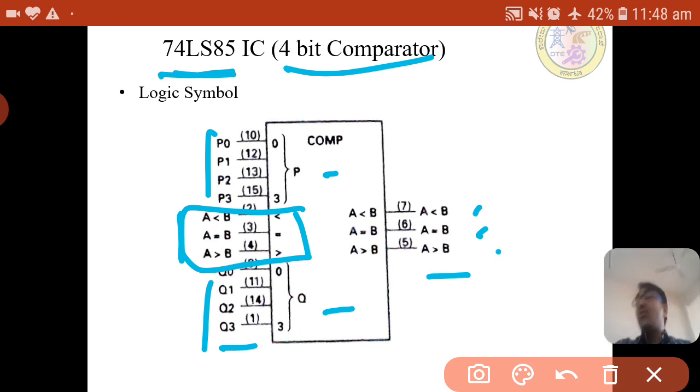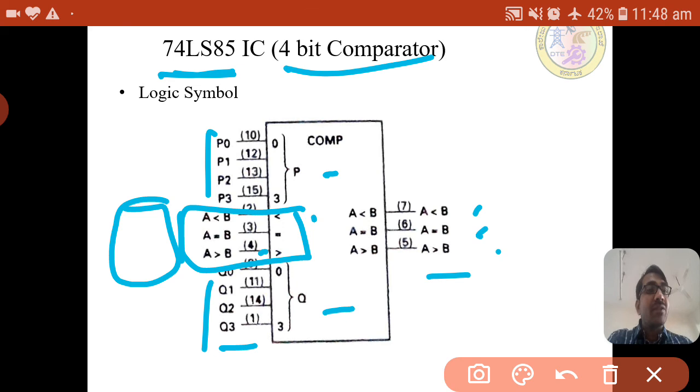Suppose you want to build an 8-bit or 16-bit comparator using these ICs; the previous IC's output can be connected to these inputs. If it is not there, we can take it as 0 0 0, so it will not be considered. If it is only a single IC, we will not consider these values. If it is cascaded, we will use these values as input and apply them to the next one.